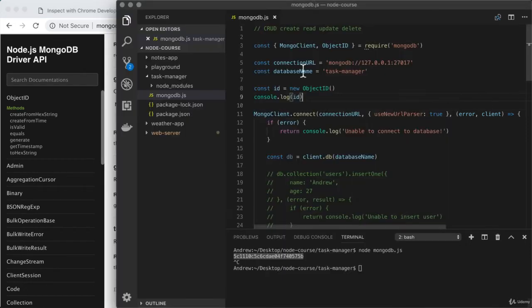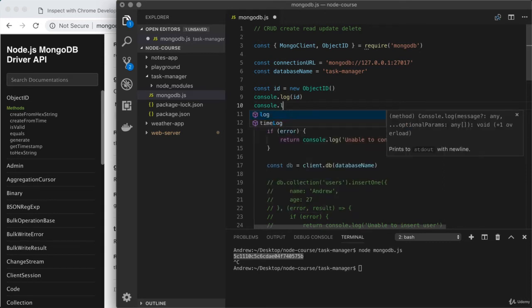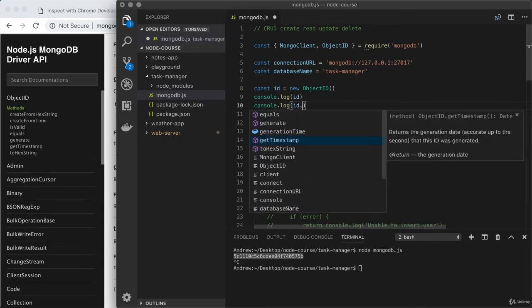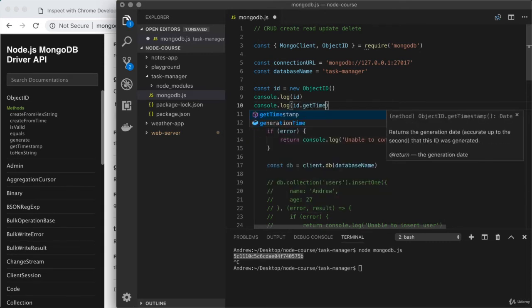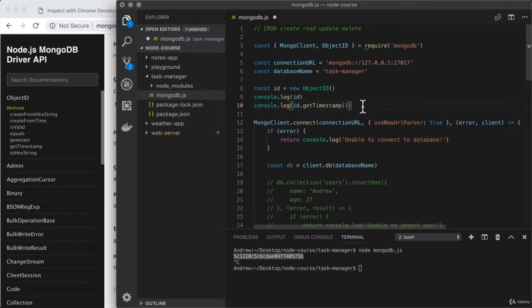So right here, we're going to add another console.log line down below, console.log id.getTimestamp, and we are going to call that as a function, which it is, and the documentation says it doesn't need to take any arguments, and we're going to get our timestamp back. So what I'm going to do is save the program and rerun it to view the timestamp. Right here, I'll shut things down, rerun the script, and what do I get?